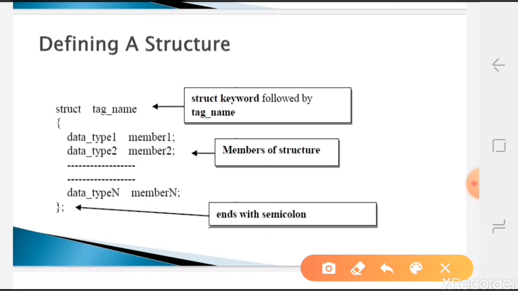Whatever we are going to create is one structure, and whatever we define inside it is nothing but members. Then after the curly bracket it should have a semicolon. Okay, let's take one example.